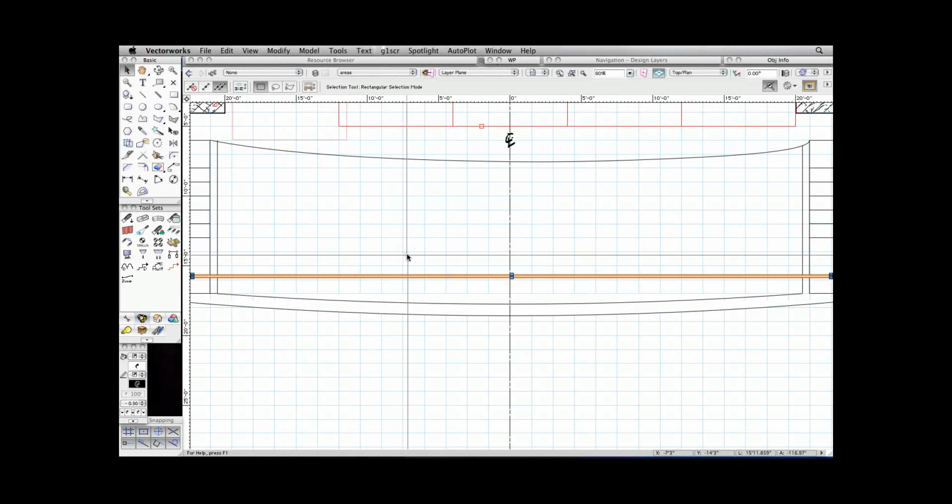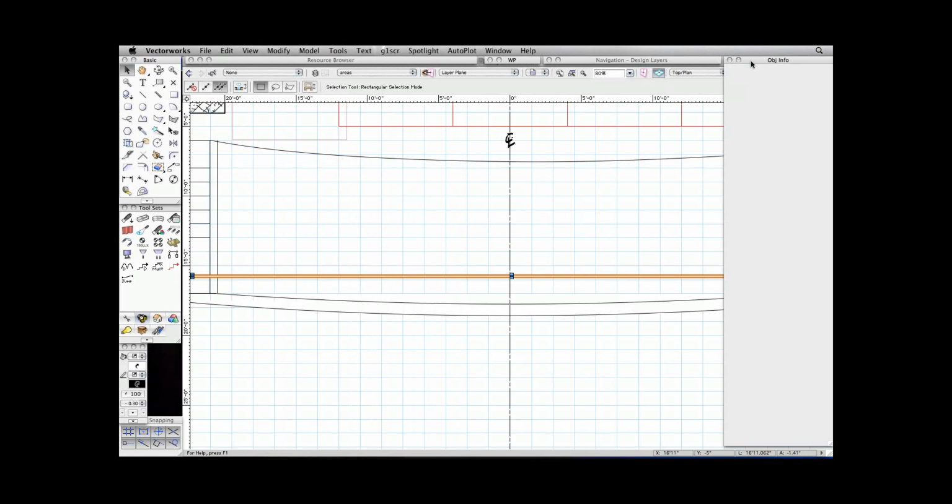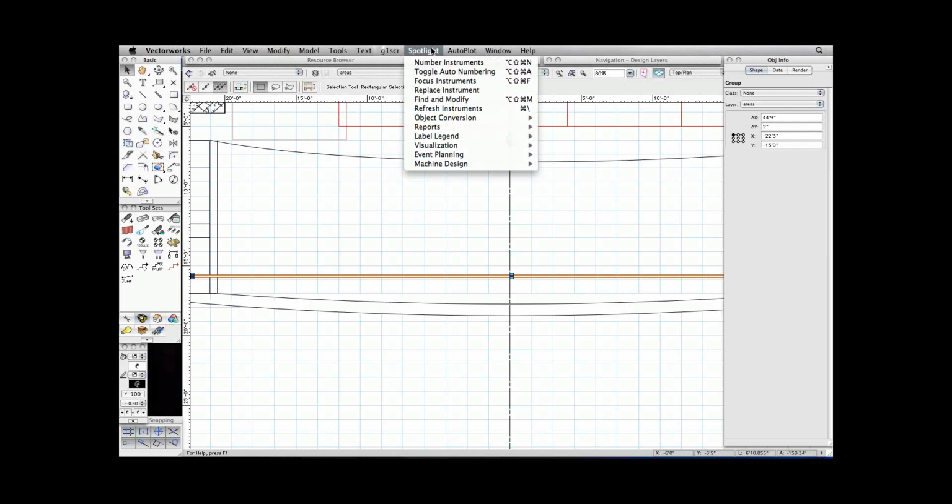So I'm now going to hold down the Option key on my Macintosh and drag across both of those objects. I can look at my object information palette, and I've got both of those selected. Tell that OK. I'm going to group these to turn them into one object, and then go to the Spotlight